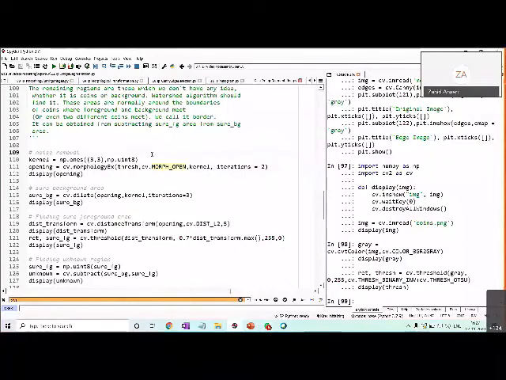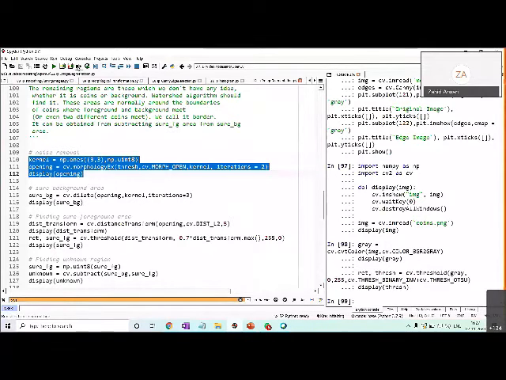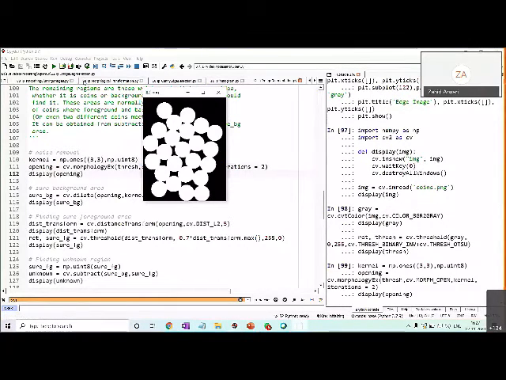For opening, we are using a 3x3 kernel of ones that we are creating over here, and we are repeating it 2 times, so iterations 2. I'm applying the opening on it to remove the noise, and then we are displaying. Maybe some whites in the background might have got removed because of this opening.